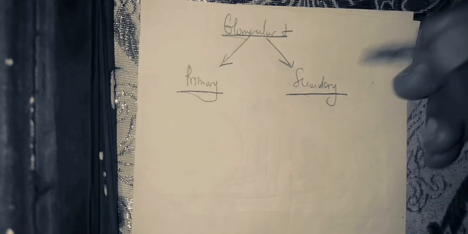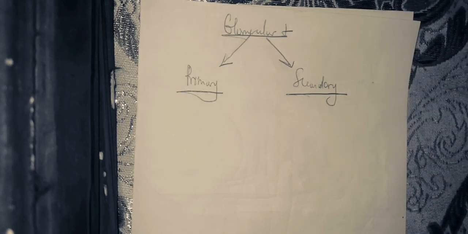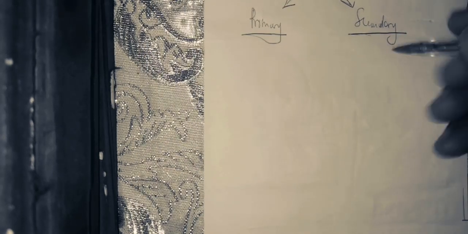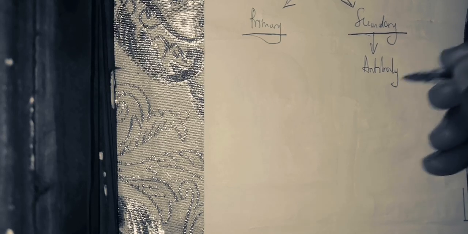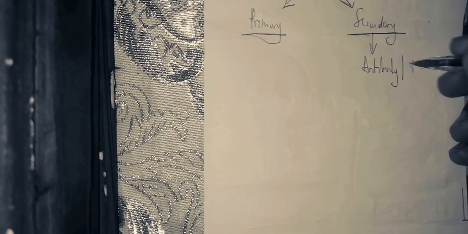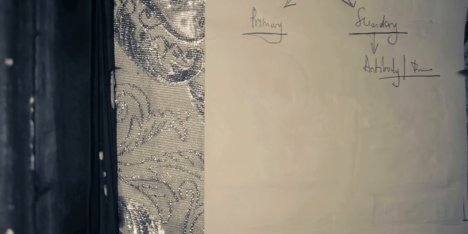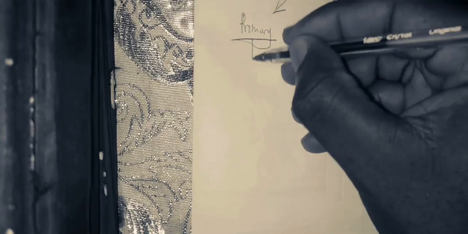Secondary glomerular disease is coming from other pathways, as we have seen in acute kidney injury, where we have acute glomerulonephritis. Is it clear? They are mostly coming in a pathway of antibody mediated or immune complex mediated. I've already explained this in the acute kidney injury. But now, for the primary